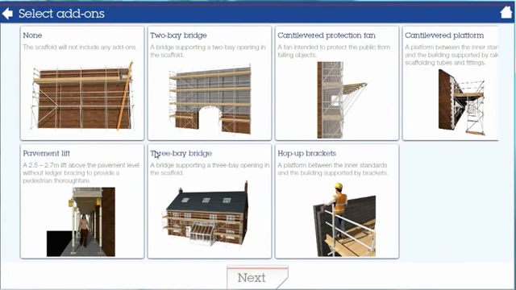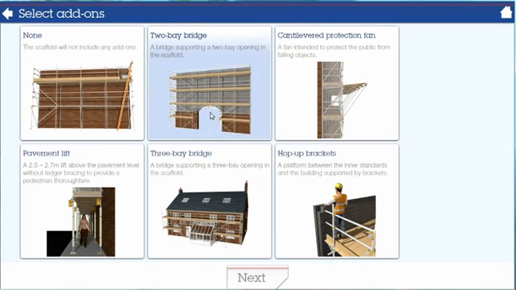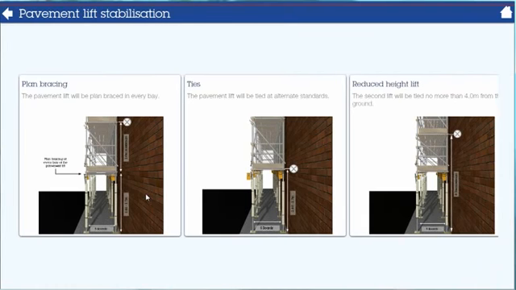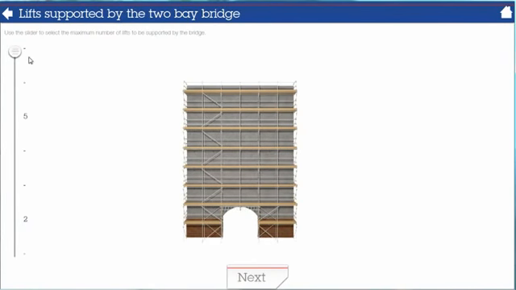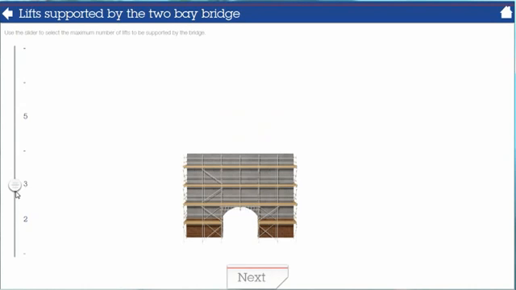Now we look at the add-on options available to us. For this exercise we'll choose a 2-bay bridge and a pedestrian lift and click Next. Now we choose how we're going to stabilise our pedestrian lift. We'll choose a tied option with plan bracing. Now we have to select the number of lifts we're going to have above our opening, our 2-bay bridge. We will choose for our 5 lift scaffold a 2 lift opening which will leave 3 lifts supported by the bridge